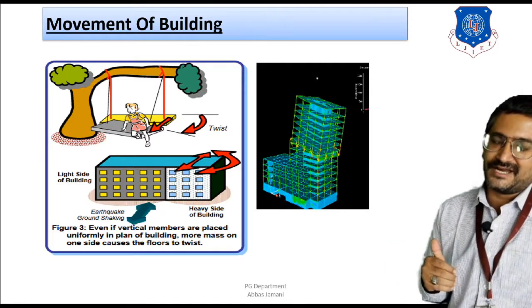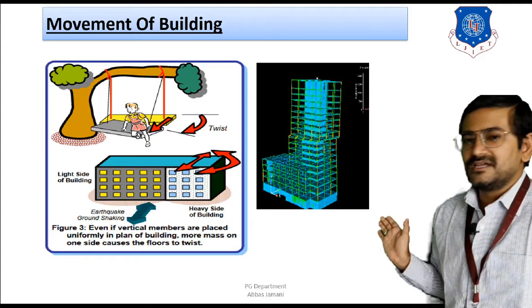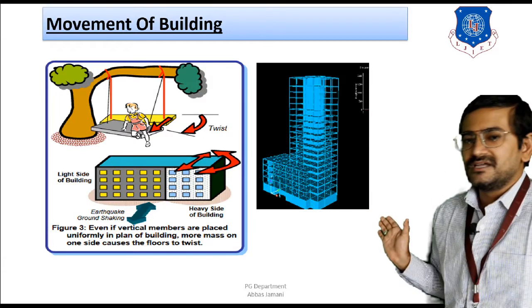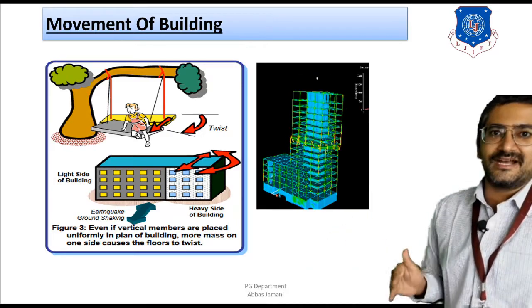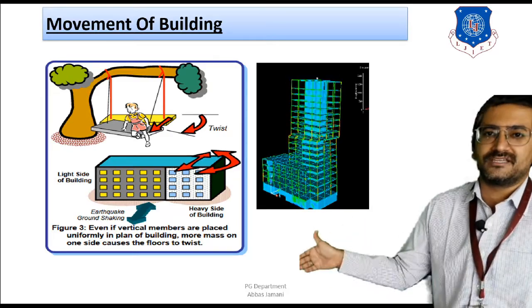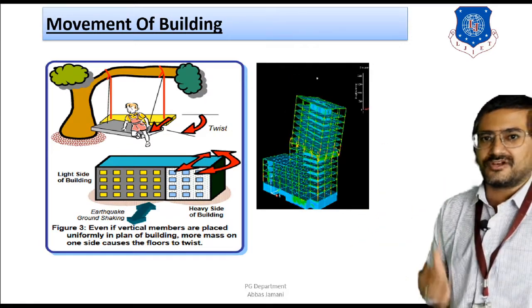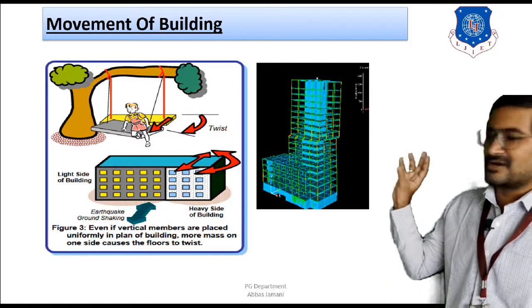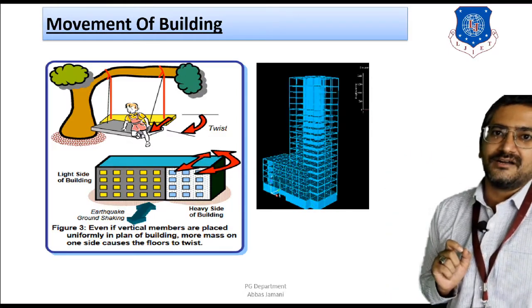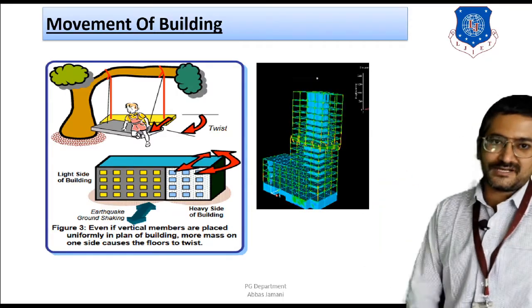And at the same time, there is change in stiffness also. Because if the plan length or the width of the plan is going to be more, then it is going to be necessary to provide more columns also. So in that case, the stiffness is also going to be more in the case of first four floors. Whereas from fifth floor onwards up till terrace, the mass is reduced, stiffness is also reduced. So as a result of that, you can see that the upper portion of the building is also undergoing deformation, that is, it is likely to undergo torsion, which is shown over here.